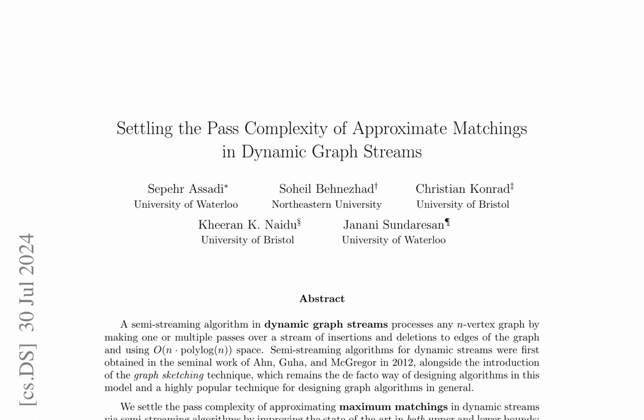This paper settles the pass complexity of approximating maximum matchings in dynamic graph streams via semistreaming algorithms. The authors present a randomized sketching-based semistreaming algorithm for O(1) approximation of maximum matching in dynamic streams using O(log n) passes. This exponentially improves upon several O(log n) pass algorithms developed for this problem since the introduction of the dynamic